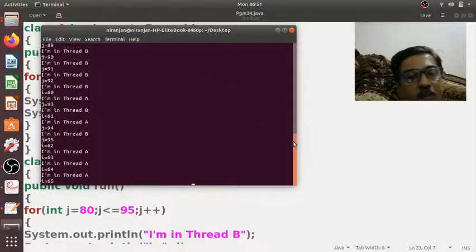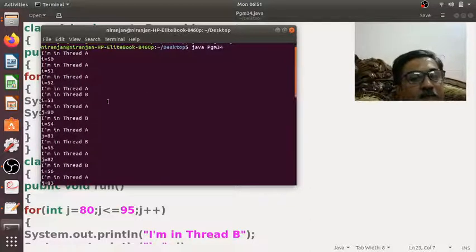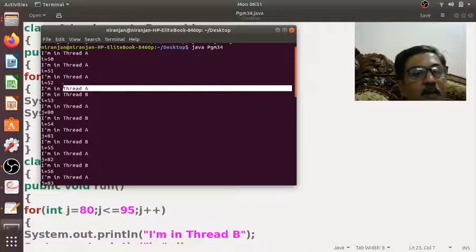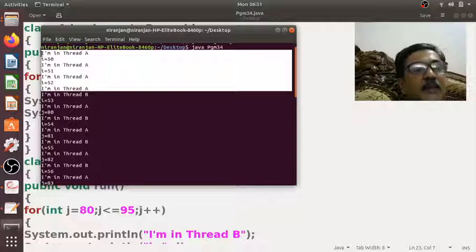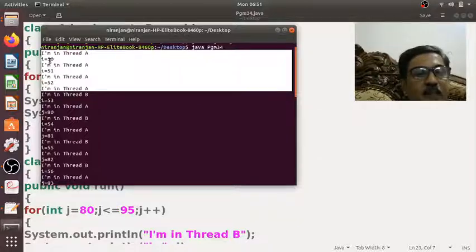So you can now observe we are getting the output in this manner. So here you can observe it has executed thread A thrice. It has iterated the loop thrice, 50, 51 and 52.